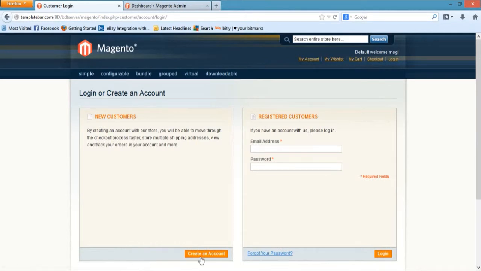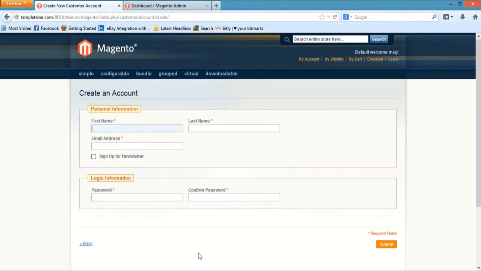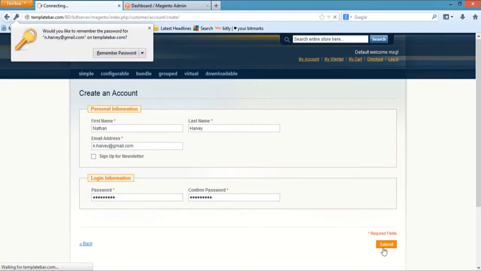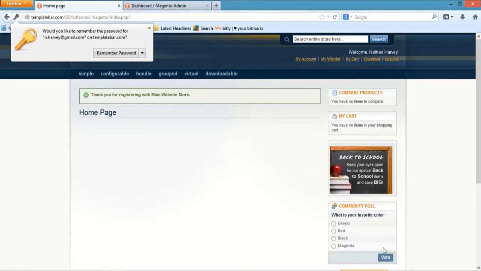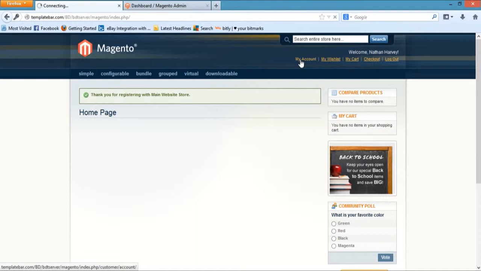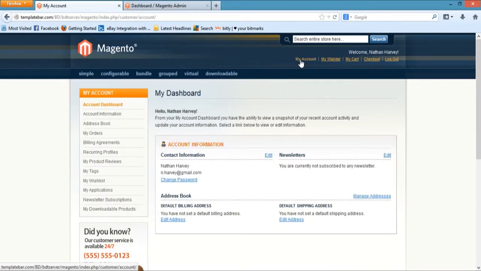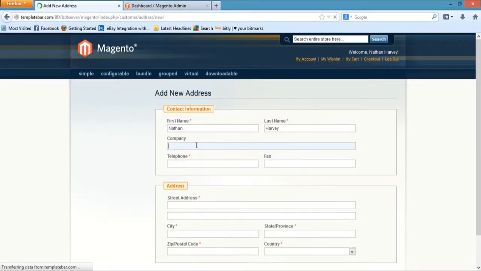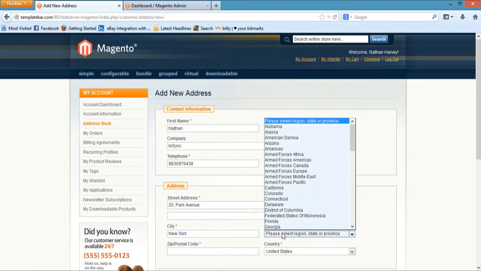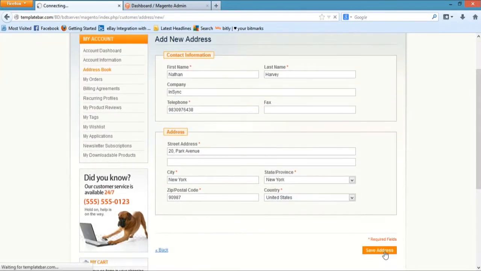So I'll straight away go to create an account and I'll type in these data within this system and we'll click on the submit button. So a new customer has been registered within Magento e-commerce. Next, we can enter some billing shipping addresses. For that, I'll go to my account section and we'll start with entering an address within this section. So I'll straight away go to save this address.